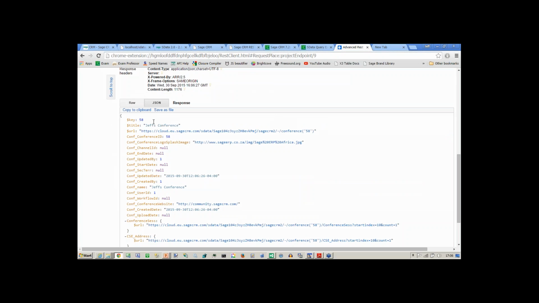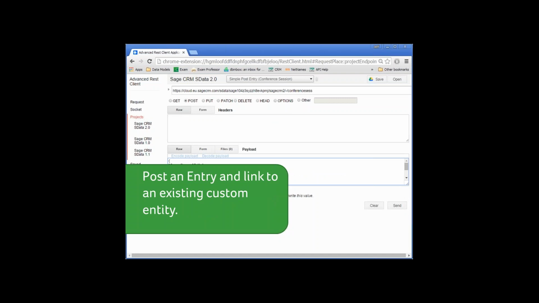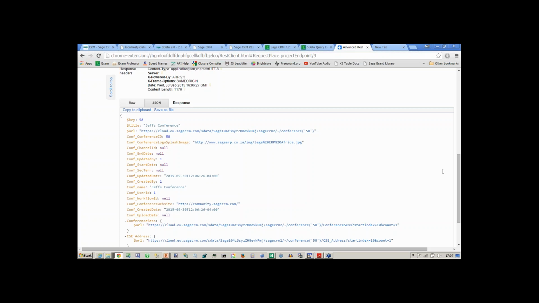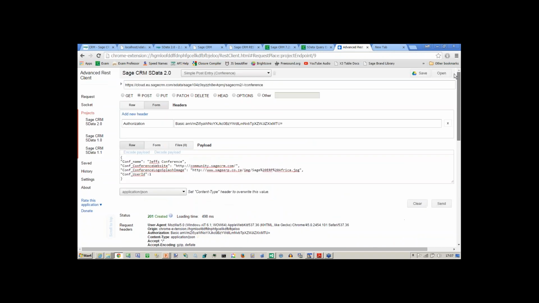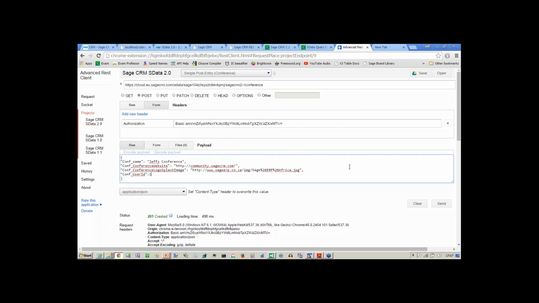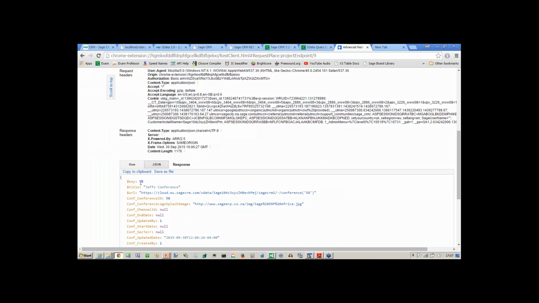Now, if we want to expand this, if we want to change this, if we want to do things, then we can do that as well within the scope of the API. We can link to an existing entity, or to an existing custom entity. In the case of this, like we can post in a conference session, we could have a look. We've created here the idea of that's 58,